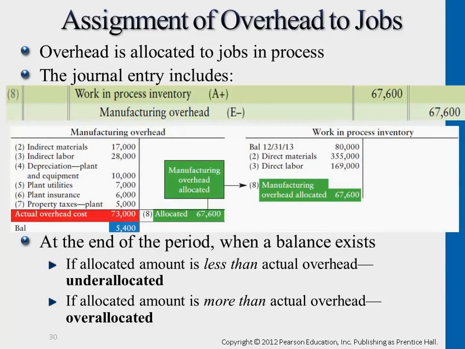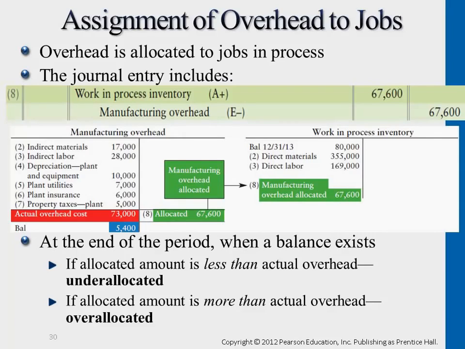But then the right-hand side, the green side, is a summary of all the indirect costs that we have been assigning to different jobs as time goes by. So when it reaches year end, based on the predetermined rate, and then we multiply by whatever machine hours actually incurred, altogether we assigned this dollar amount to the jobs. But the actual amount that incurred in this year is $73,000. So the difference is the part that,